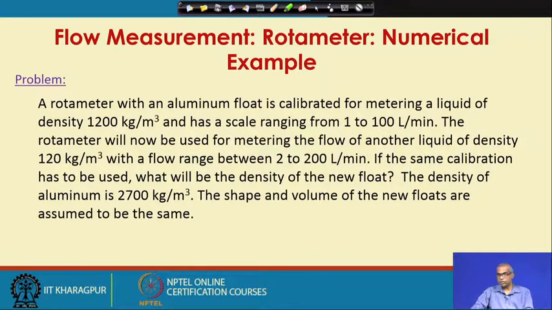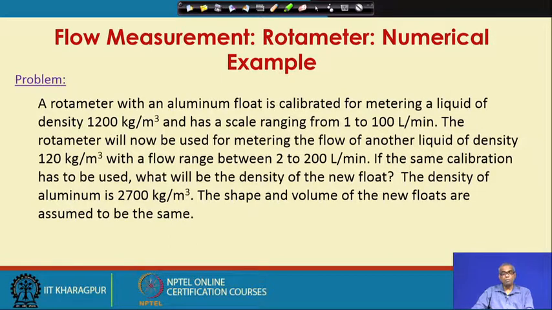So, let us try to understand the problem. We have a rotameter which is being used to measure the flow rate of a liquid whose density is 1200 kg per meter cube. So, the scale range is 1 to 100 liter per minute. Now,